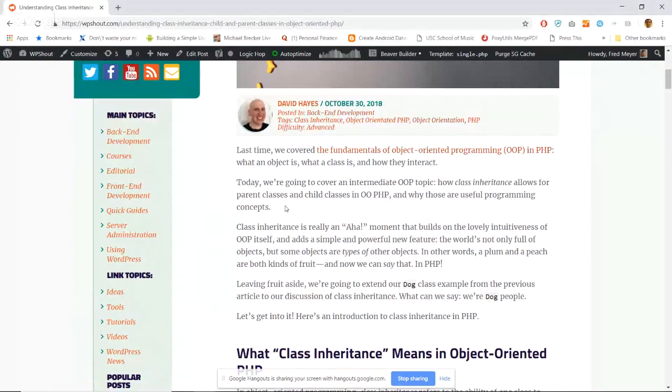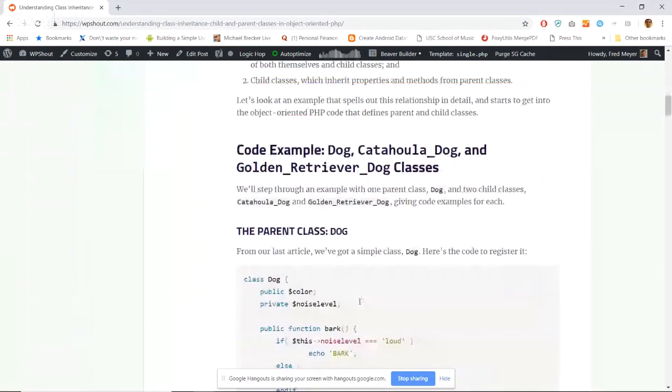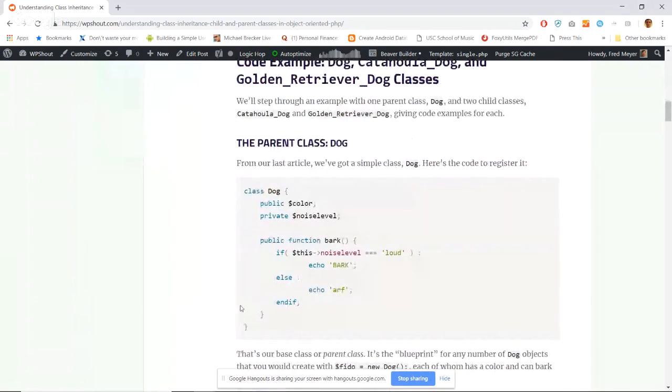Class inheritance means you have to understand the basics of object-oriented programming, which is OOP, to understand what a class is. Once you know that, the basic insight in class inheritance is that a class could be a child of another class. So a plum and a peach are both kinds of fruit. So you could have a fruit class and a plum class and a peach class, both of which are children of the fruit class. But the example we use is dog,